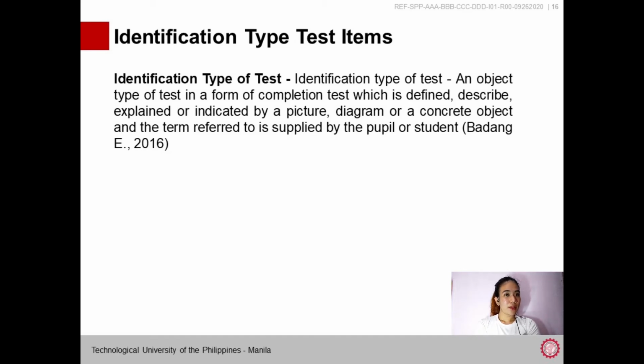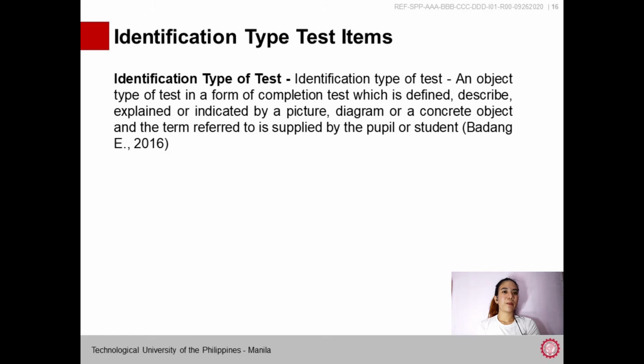So, for identification type of test, according to Badang 2016, it is an object type of test in a form of completion test which is defined, described, explained, or indicated by a picture, diagram, or complete object, and the term referred to is supplied by the pupil or the student. The identification answer must be brief, specific as possible. It is also a typical type of examination and answerable by small or short answers, and it is also often used to test remembering